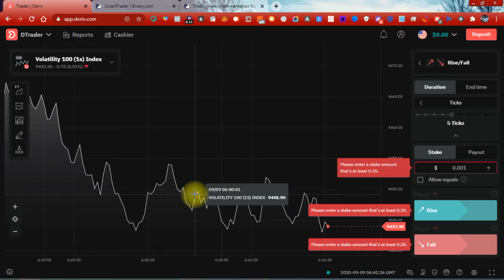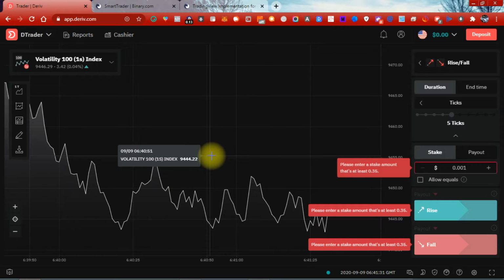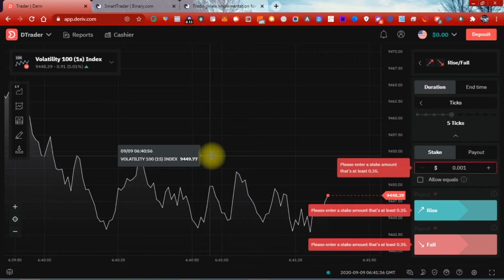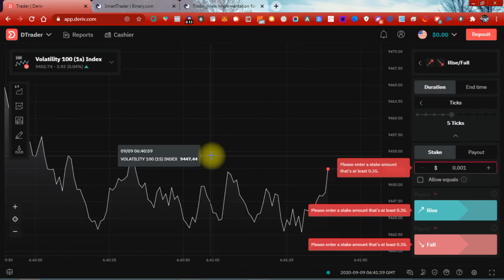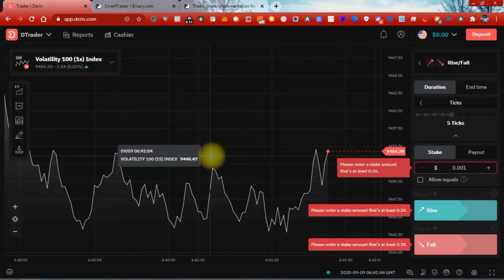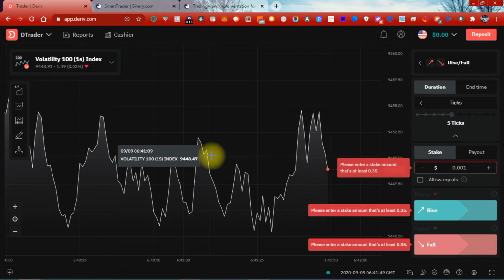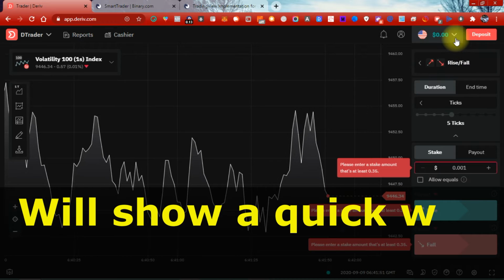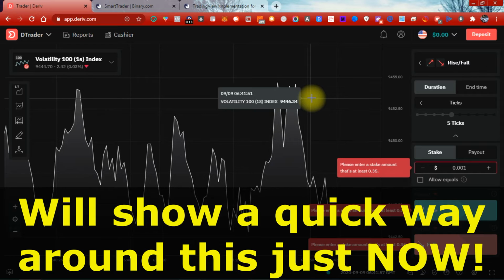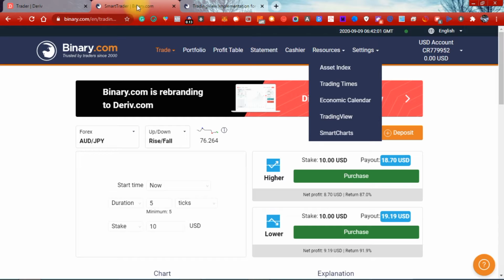But anyways, getting back to this, as you can see right now, this is on Deriv.com. So if you just recently joined Binary.com, or you are probably going straight to Deriv.com, they're probably not taking you back to Binary anymore, as they have rebranded to this, which is where they're putting most of their focus. So you're probably using Deriv.com. When you come here, I haven't seen the option to access TradingView from this platform. So what I want to do is show you, if you're still using the Binary.com platform, this is where you get your